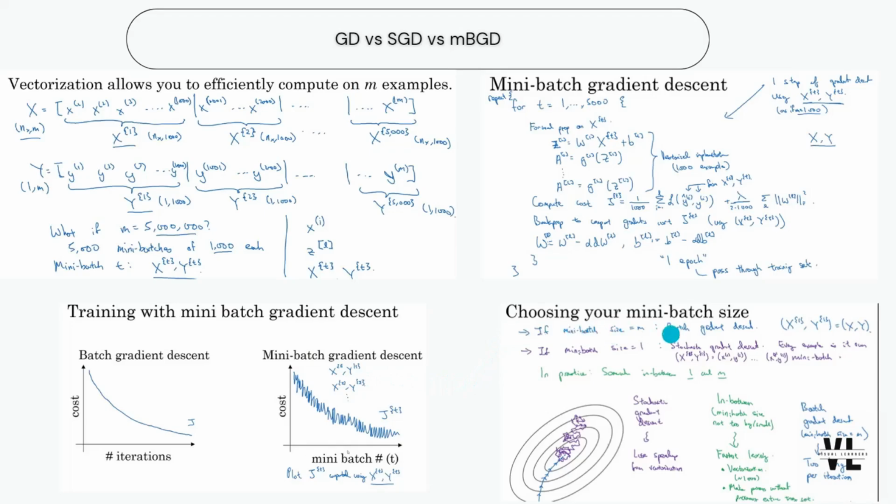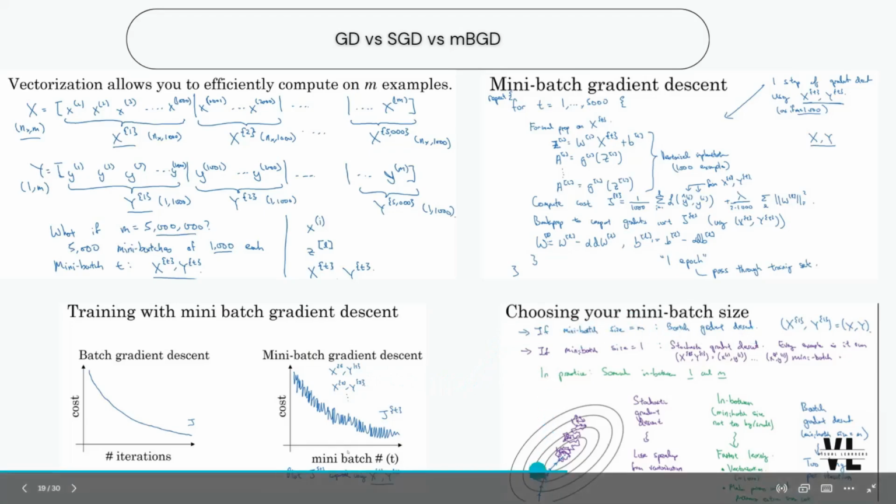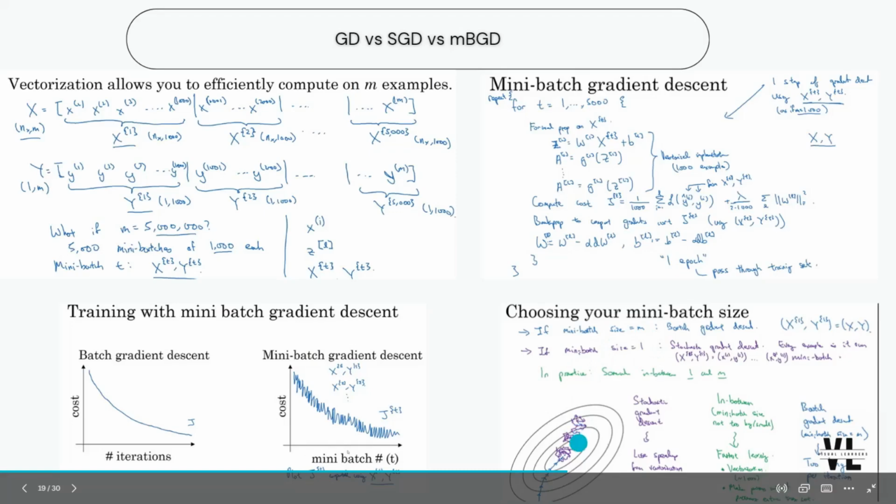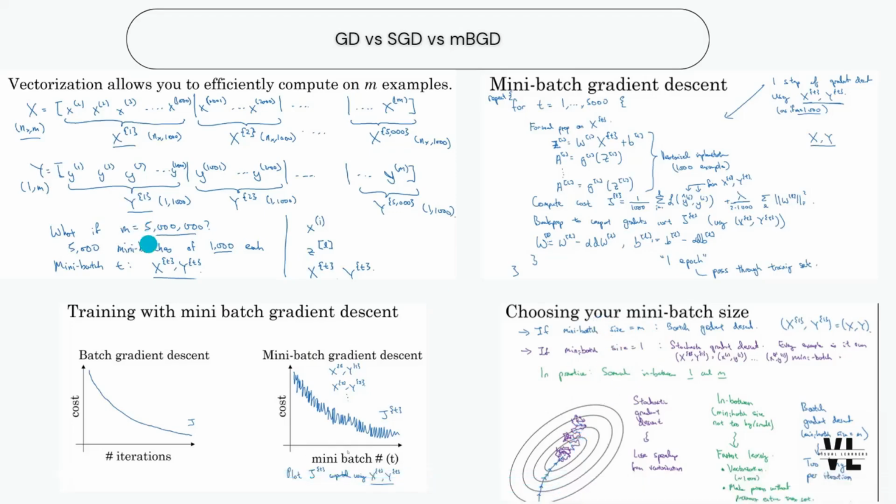So if the mini batch size is m, then here we can see that the blue line is converging without a lot of noise. But if we consider the mini batch size to be 1, there is going to be a lot of noise,